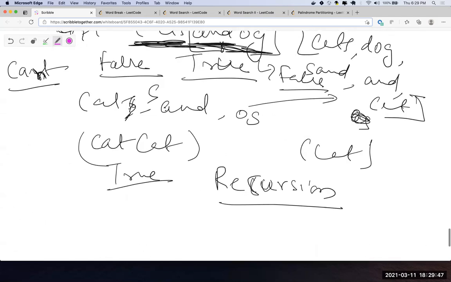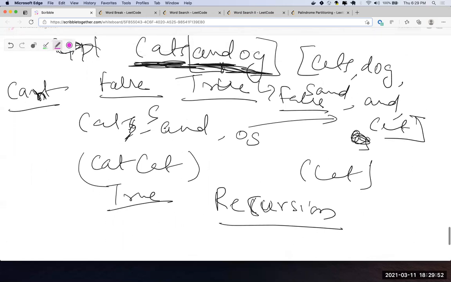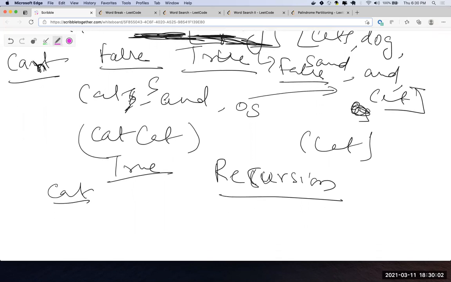For cats and dog, it's the same thing. I go through cat, and cat is there, but I'm still going to go on, because I don't know whether the rest of the word is still valid.